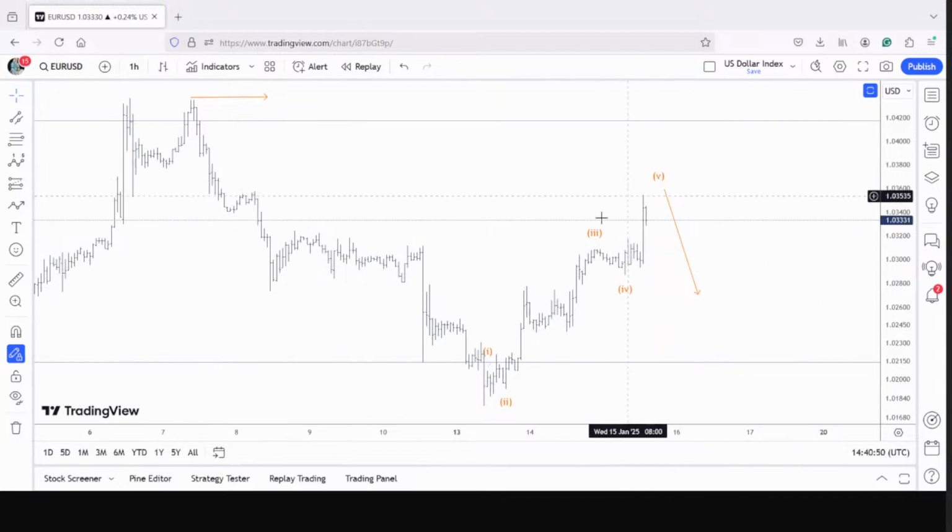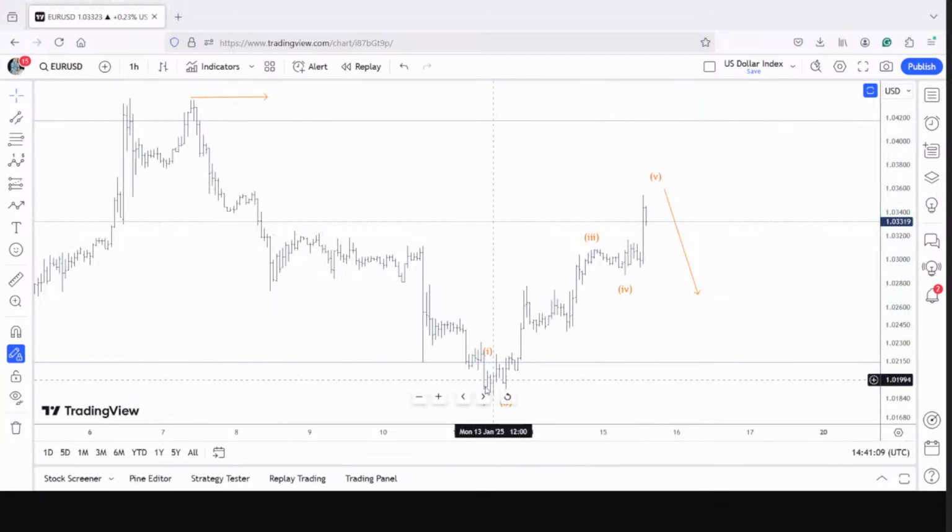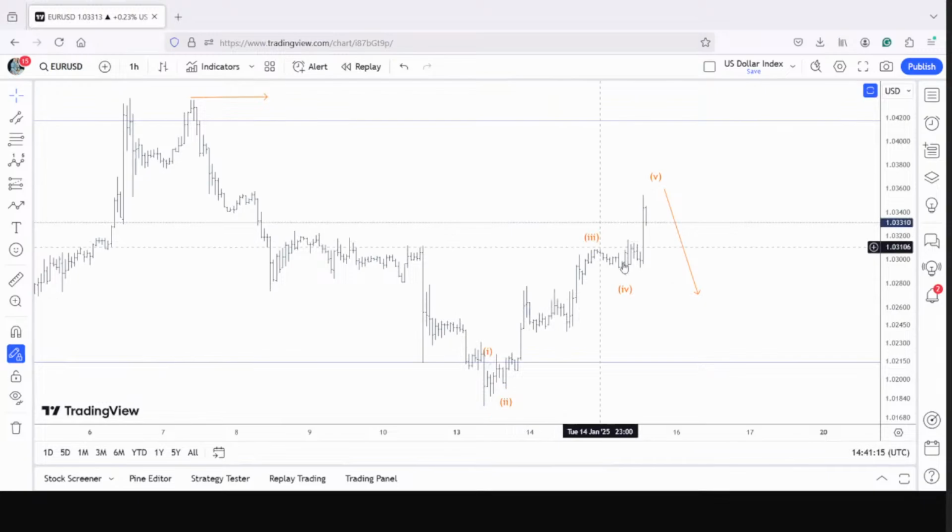It's quite possible that wave 3 is extending, and wave 3 could print there, and there could be a minor wave 4 correction and wave 5 goes up there. We'll find it out in the next session, the Tokyo Sydney overlap. If that's wave 1 and 2, and this is wave 3, 1 of 3, 2 of 3, 3 of 3, 4 of 3, and 5 of 3, then the minute 3 is going to come there.